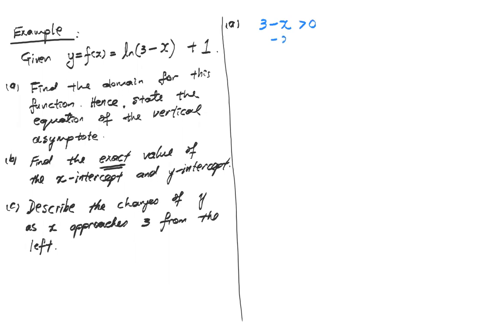So negative x should be greater than negative 3, so x should be smaller than 3 when you divide. If you don't want to do it this way, you can put the x over, so you read it as x less than 3. Nothing wrong with that. So therefore, the domain